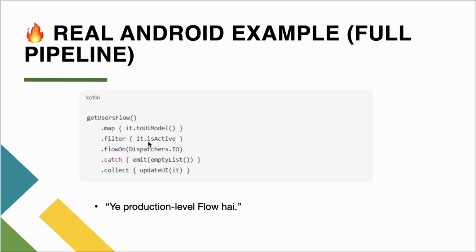If in case it is empty, then in the end the updateUI method that is called will receive an empty list. So this is nothing but the production level flow, where this piece of code can be used easily once you're receiving the data. You can make use of such operators easily, but understanding the flow operators is much more important. If you know their usage, then only can you implement and execute them, and then only will you understand which operator we have to use where.